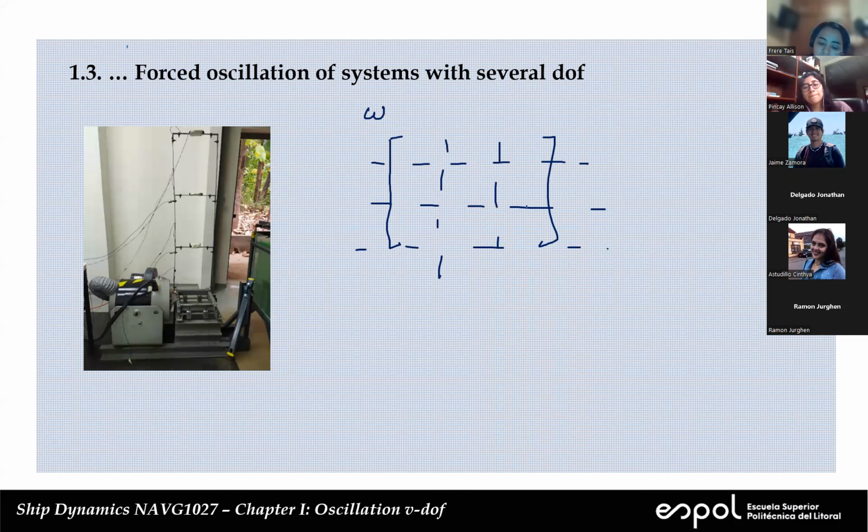In each one of these 9 cells, you can evaluate the dynamic stiffness, but you have to be careful because these are complex constants. Each one of these, not all, but some of them, depend on omega. On the right hand side,